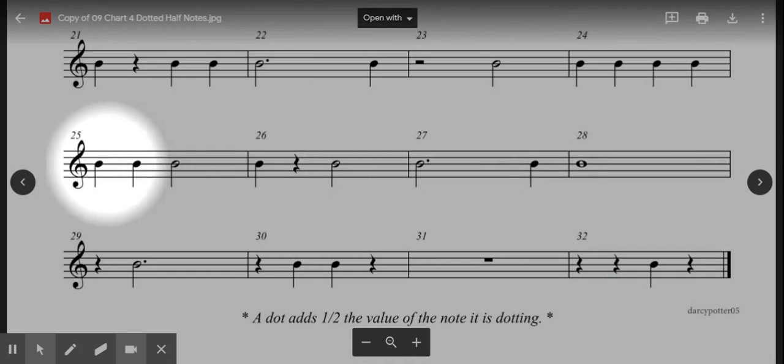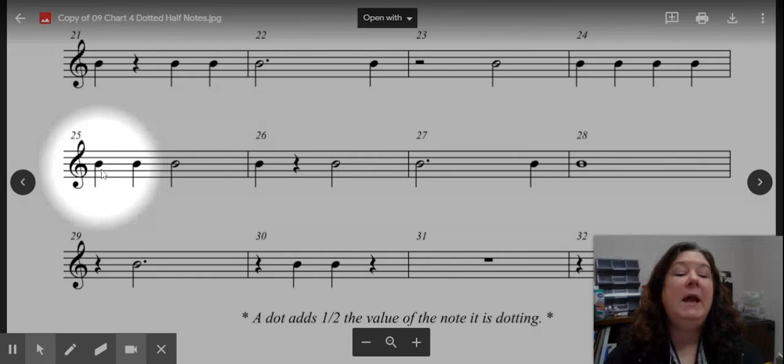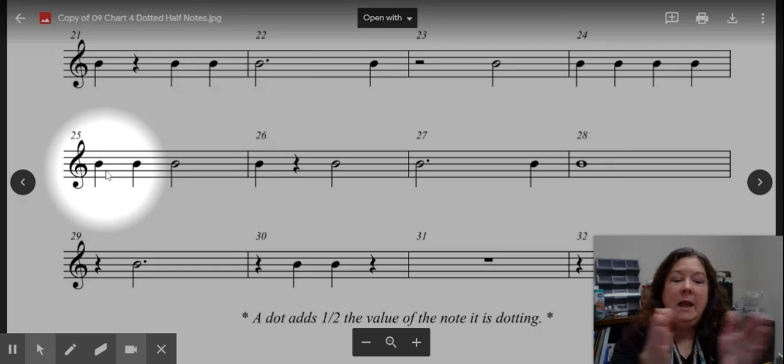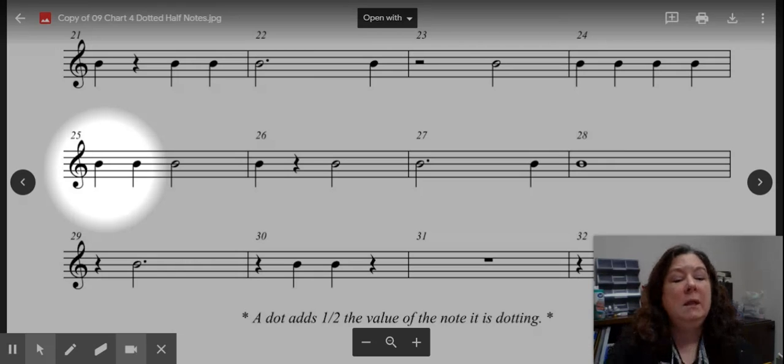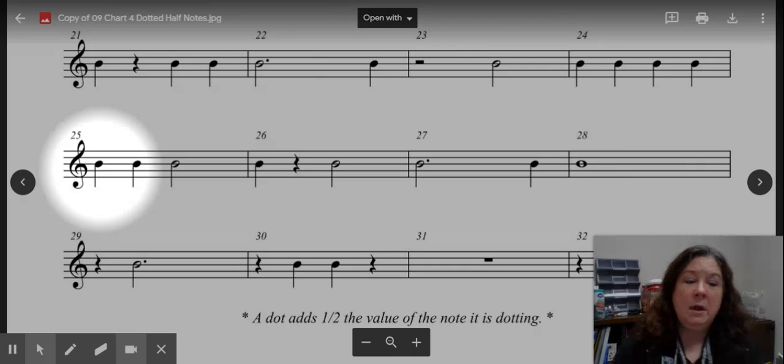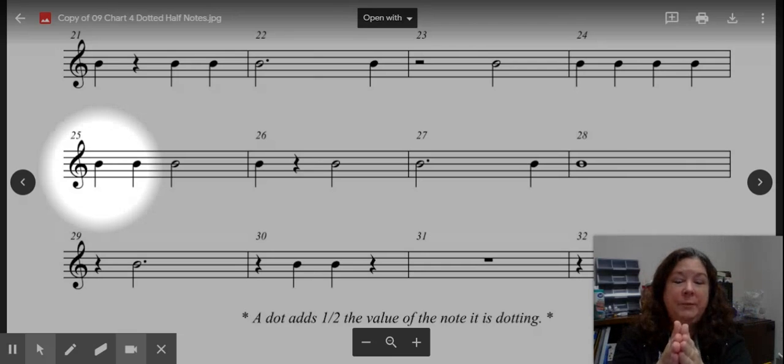So let's begin, starting at measure 25. Tap your foot and down, up, ready, and go. 1, 2, 3, 1, 3, 1, 4, 1. Let's do that line again with the counts. Ready? Down, up, don't forget to clap. 1, 2, 3, 1, 3, 1, 4,